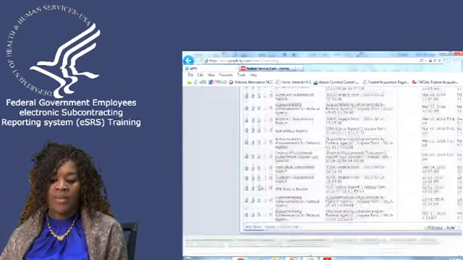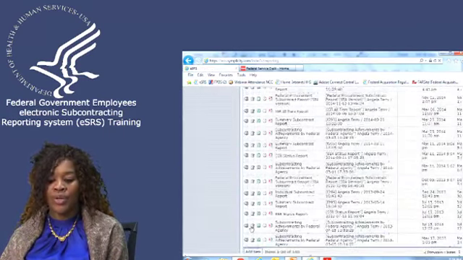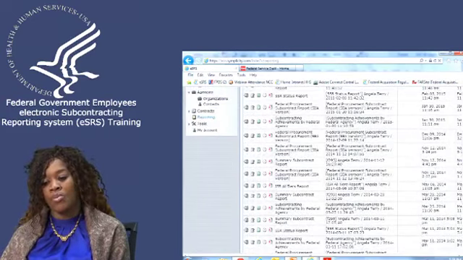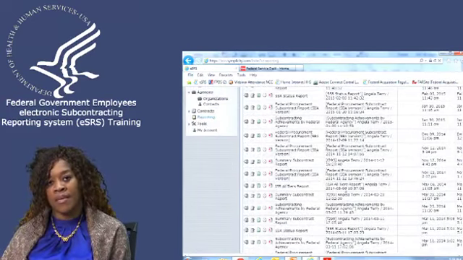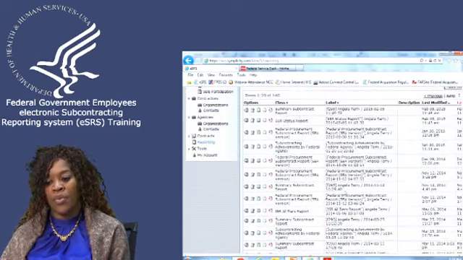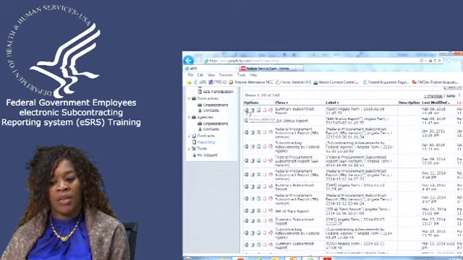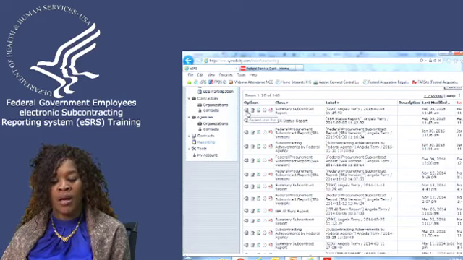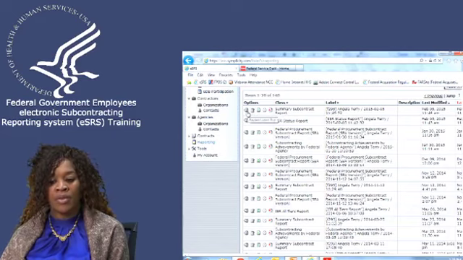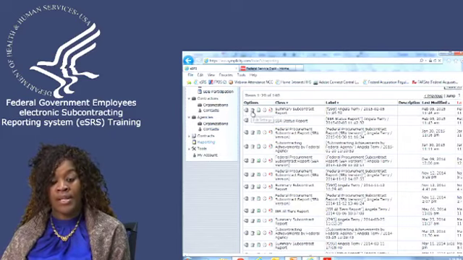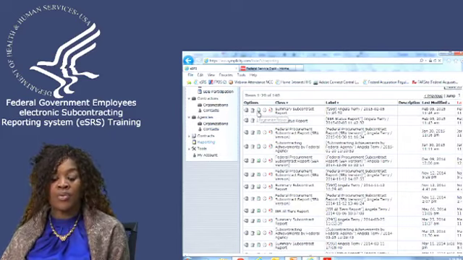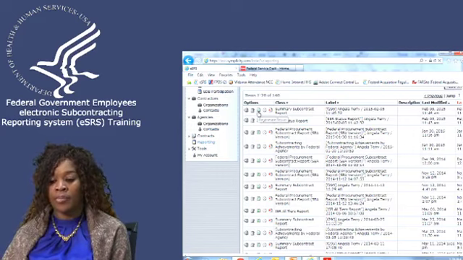You would go to the bottom of the screen and hit new. I'll show you this. Whenever you have run a report, eSRS automatically saves that report for you. If you wanted to review that report again, you would click on the magnifying glass, and as you scroll your mouse over it, it tells you what these icons do. This is to review the latest run of the report. This is to change or edit the report settings. This is to rerun that report, regenerate it.